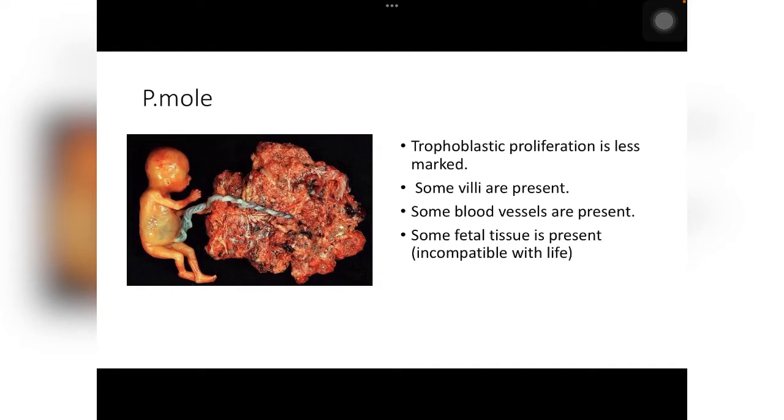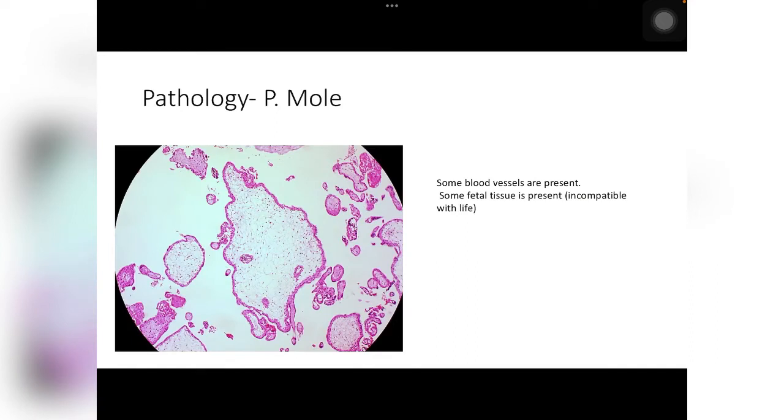So the fetal tissue is going to be present in a partial mole, because we have maternal contribution here. So a fetal structure develops, but still it is not compatible with life. Whenever there is a fetus, you will obviously have blood vessels. And the trophoblastic proliferation won't be much like in a complete hydatidiform mole. So this is the histopathological picture. You can see all these structures, these are the blood vessels. Blood vessels are going to be present. The trophoblastic hyperplasia won't be marked. You can see that there is not much proliferation of the trophoblast, but there will be some inclusions within the